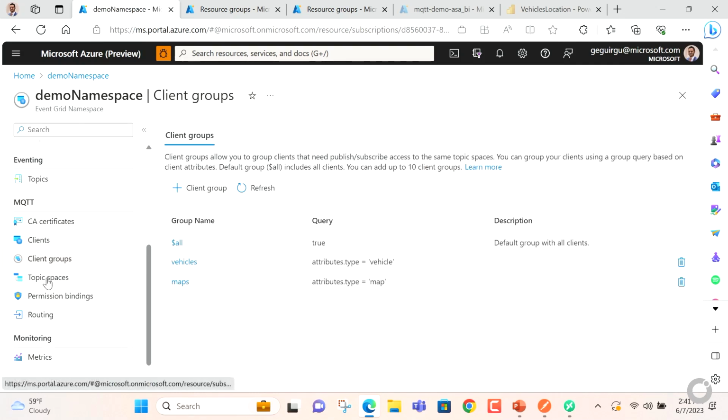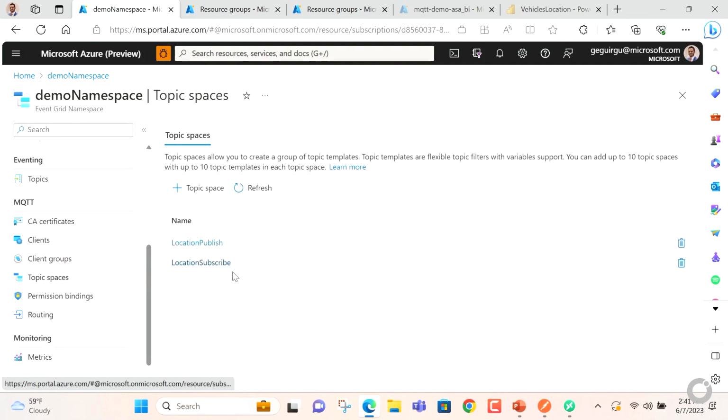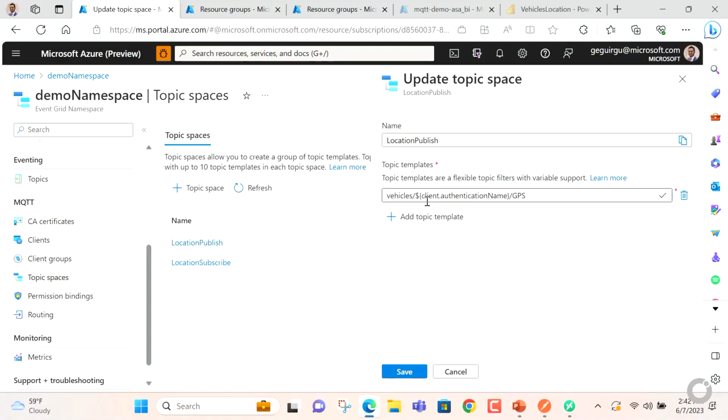All right. The next step will be to configure the topics that these clients will communicate over. Here I created two topic spaces, one for the vehicles to publish messages on, and one for the mapping clients to subscribe to. Topic spaces here represent a whole lot of topics through a group of topic templates. Think of these topic templates as just MQTT topic filters with wildcard support and added support for variables. We'll see here the use of variables in this topic template,